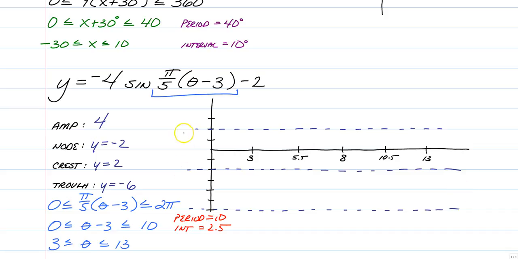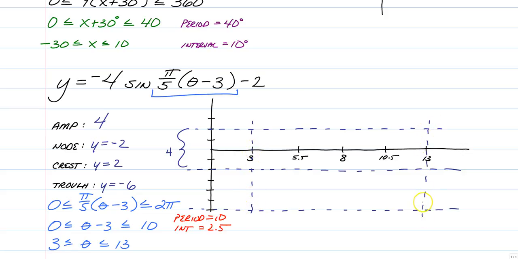Now remember, the amplitude is just how far you are from the node to the top or the node to the bottom. That's why our amplitude is 4. I understand the total height is 8. Just like in the others, the total height is double your amplitude. Okay? So again, this is a negative sine. If it's helpful, you have your start,